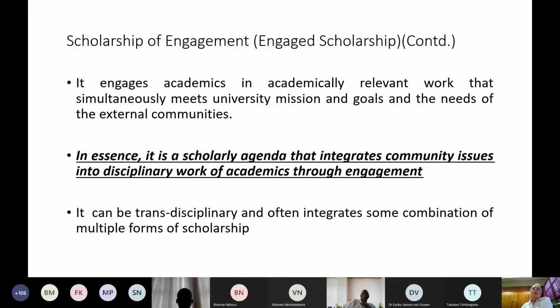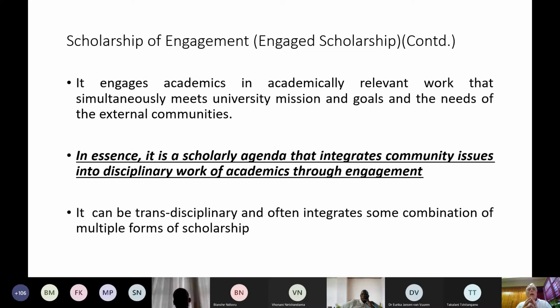So it engages academics in relevant work. I think what is important, in essence, it's a scholarly agenda that integrates community issues into disciplinary work of academics through engagement. And one thing that we have found at our institution